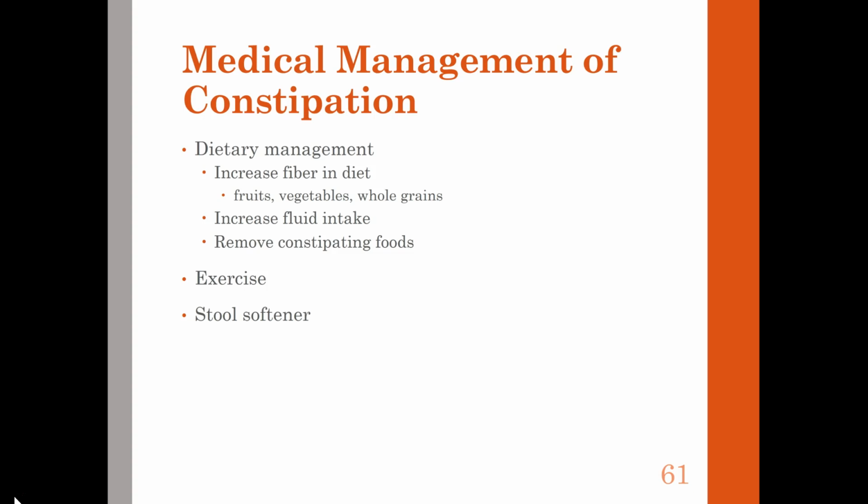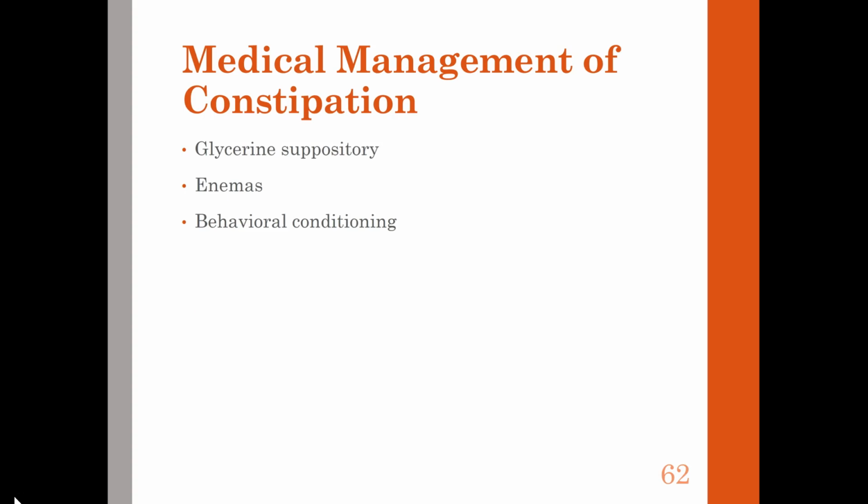They may be on a stool softener or Miralax or whatever works for them. A glycerin suppository, enemas, behavioral conditioning if there's a psych component. The most important thing is, if they are really constipated or impacted, once you get them disimpacted and not constipated, they need to be on a bowel regimen, something that is continuously working on it to prevent